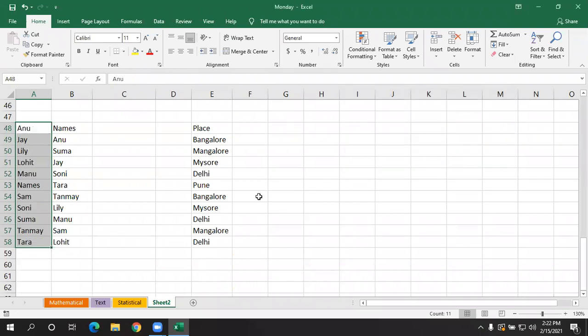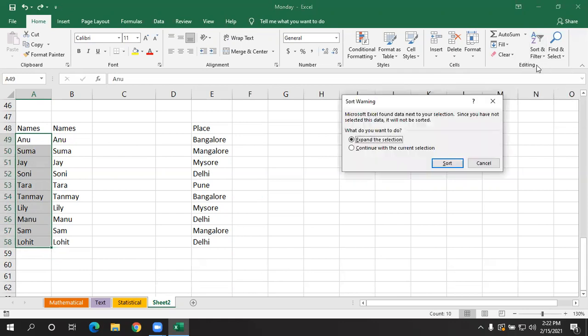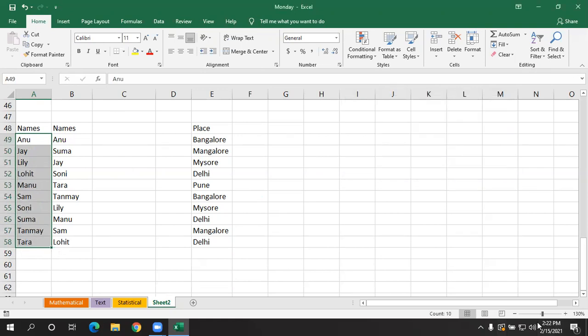Here you want only names in ascending order, right? So select the names, A to Z, continue with the current selection, click on sort. Now you can see here, the names are arranged in ascending order.